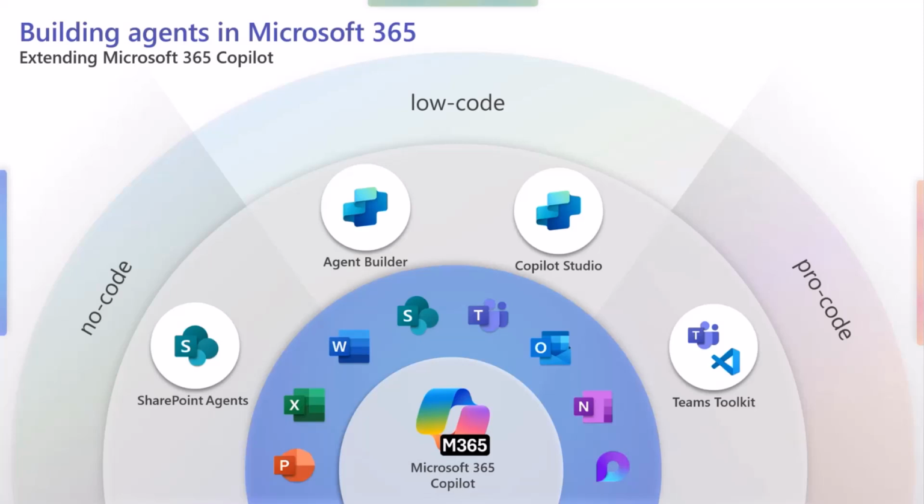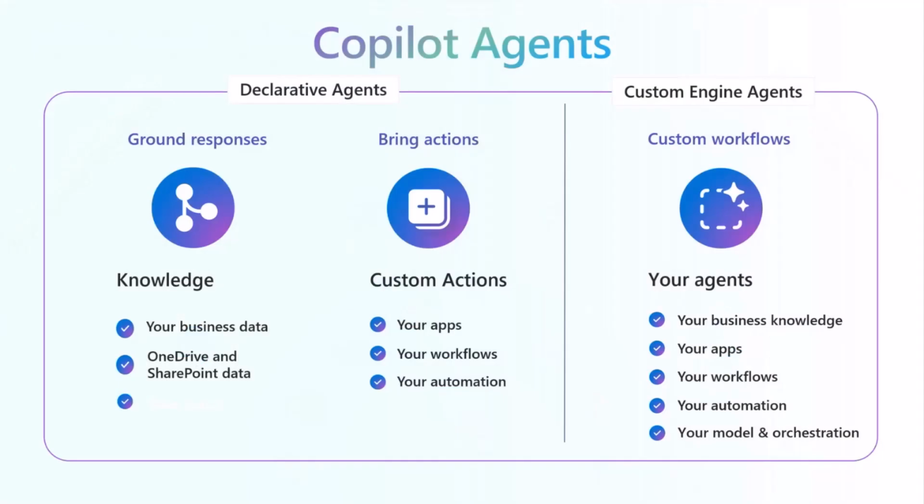We're going to use Teams Toolkit in this particular scenario, and we're going to build a declarative agent today. If we think about pro-code options for creating Copilot agents, we traditionally divide this into two main sections. Declarative agents are grounded on information, for example, in Microsoft 365. You can associate SharePoint and OneDrive data, associate actions, and even integrate APIs directly on declarative agents. You can do images and graphics, all of that already in there. But you're using the engine which Microsoft is providing.